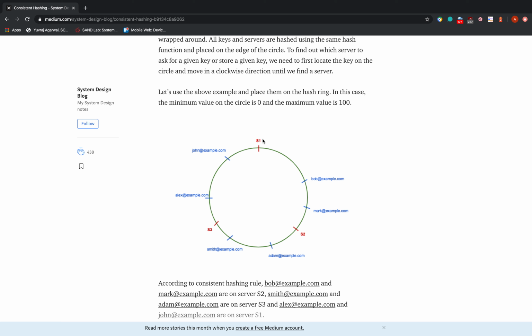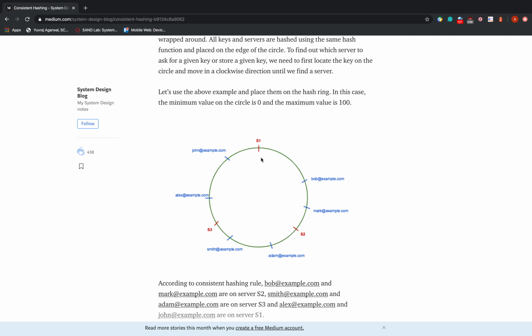So we hash each of our nodes s1, s2 and s3, and we get some number. For example, for s1 we get 0, so we'll place s1 on this part of the ring. For s2 we'll get, let's say, some big number. Let's assume this ring is of size 32, going from 0 up till 32. So s2 would get, for example, an ID of 15, and s3 would get an ID of, let's say, 21, right?